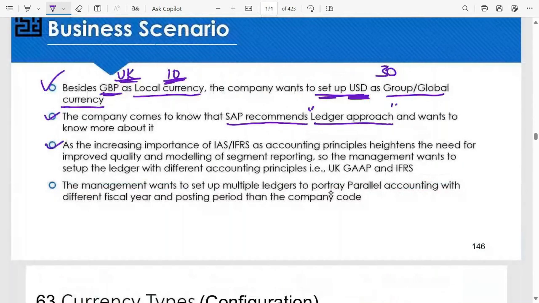As the increasing importance of IAS, that is International Accounting Standards. This is not an Indian accounting standard. So the abbreviation is IAS. IAS is meant for the International Accounting Standards or International Financial Reporting Standards, IFRS. As the increasing importance of IAS or IFRS as accounting principles heightens the need for improved quality and modeling of